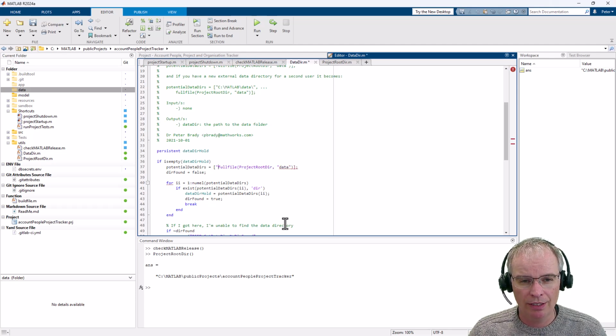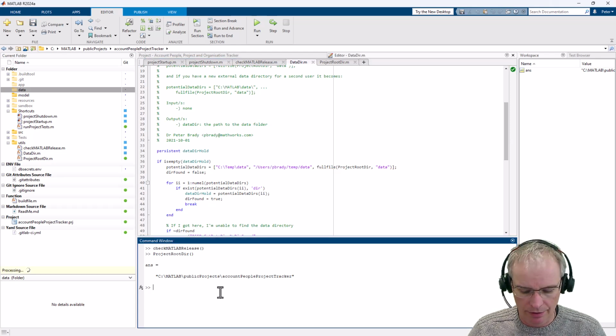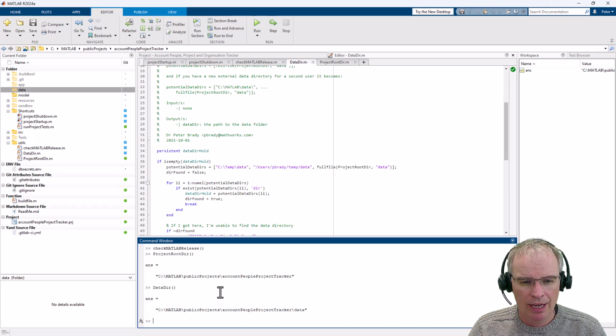So to use that example of my Windows and my Mac, I might have something like /temp data on my Windows machine, and on the Mac I might have /users/pbrady/temp/data. That way, when I execute data dir, it will walk through that list and find the first project folder